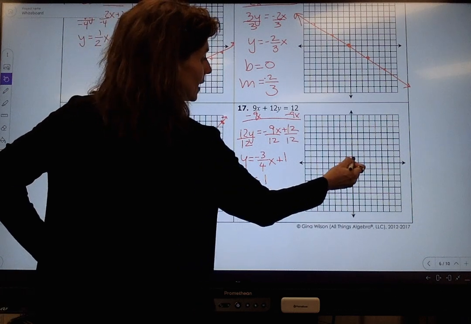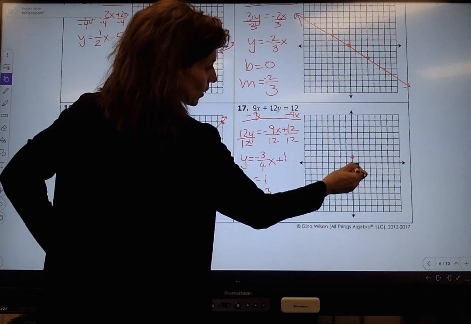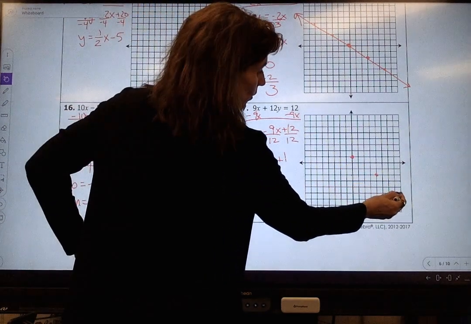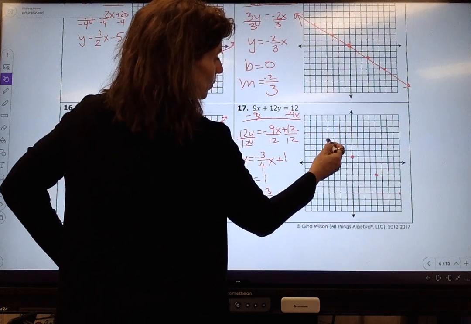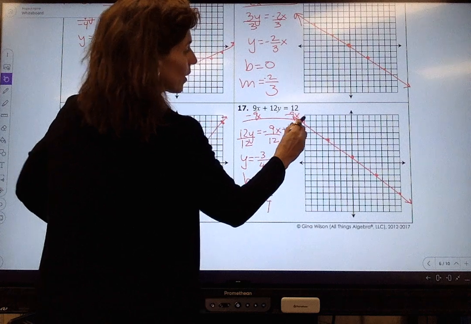So I'm going to begin at positive 1, excuse me. My slope is negative 3, so I go down 3, always run right. Down 3, always run right. Now I'm going to reverse it, up 3 over 4, up 3 over 4, and I go all the way